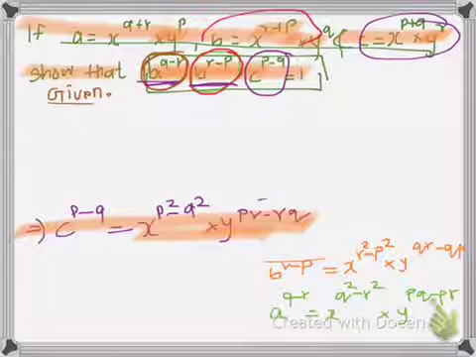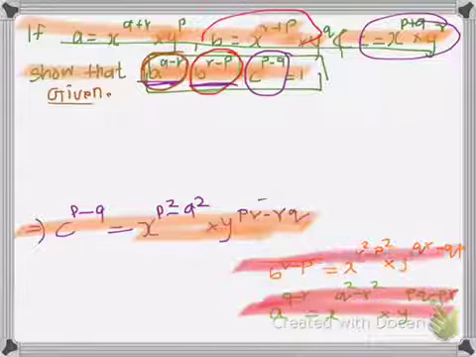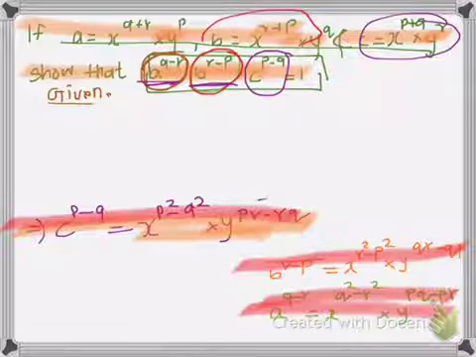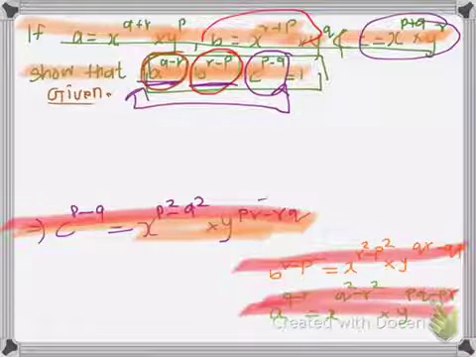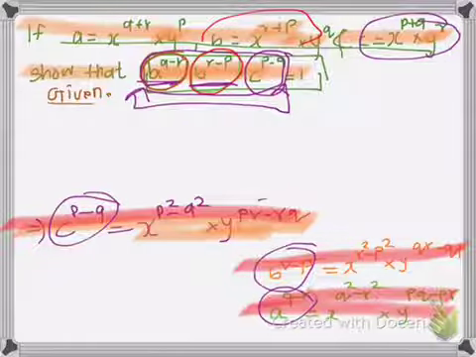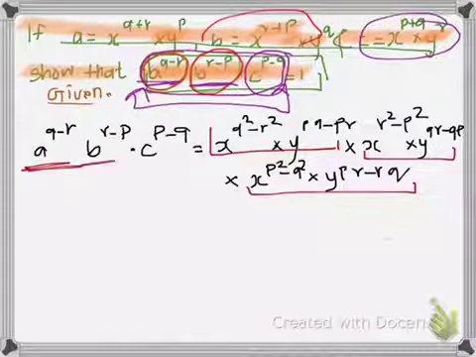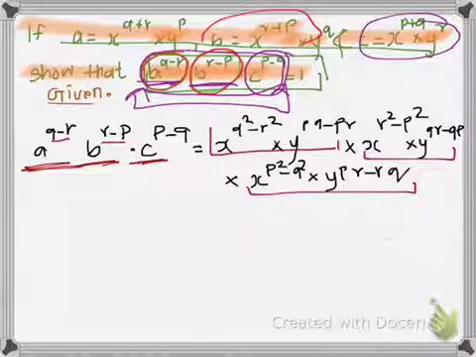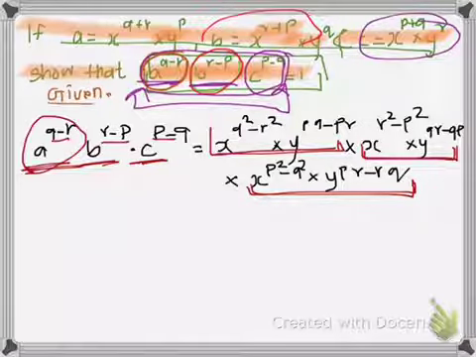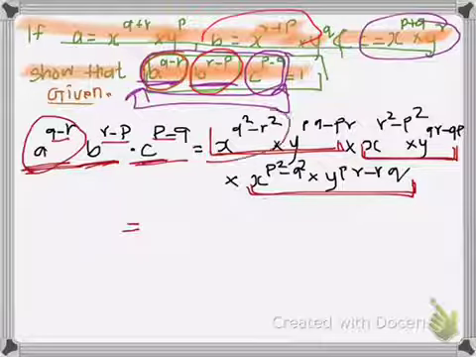Now, as we found the value for a to the power q minus r, b to the power r minus p, and c to the power p minus q, let us multiply these as we've been told, to show that the product of these three terms gives 1. So let us multiply these three terms. So on substituting the values for a, b, and c with powers q minus r, r minus p, and p minus q, these are the three values for a to the power q minus r, b to the power r minus p, and c to the power p minus q. So when we simplify the right hand side here,